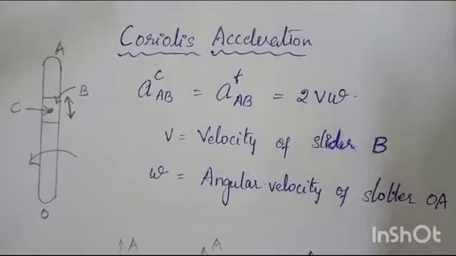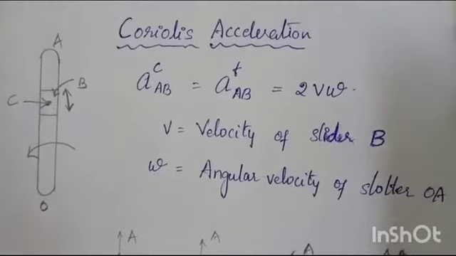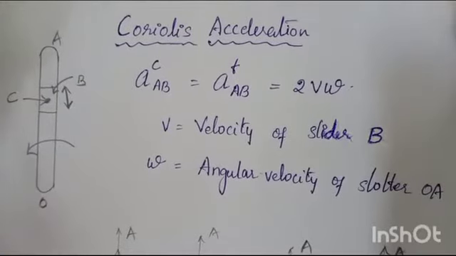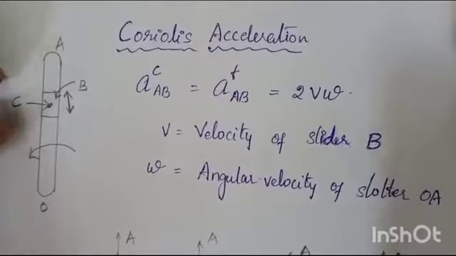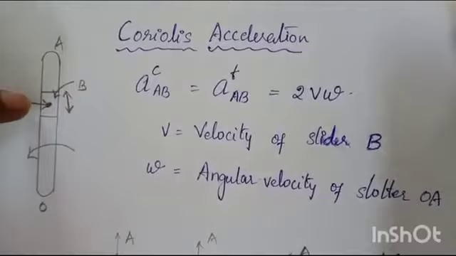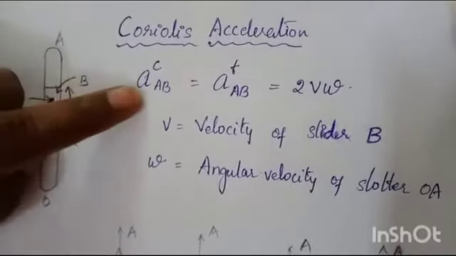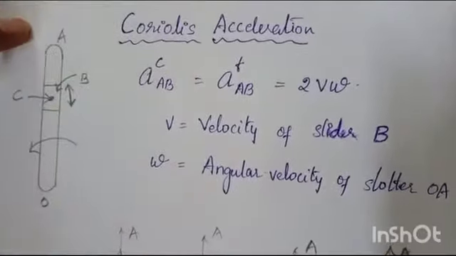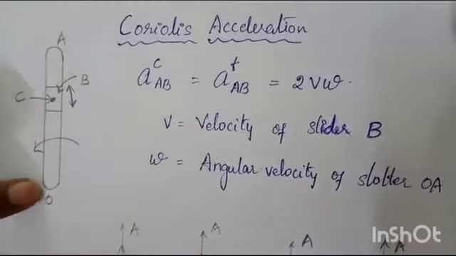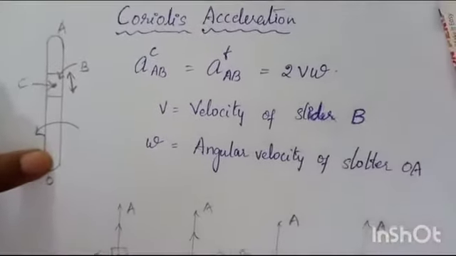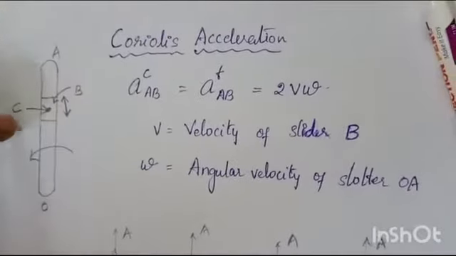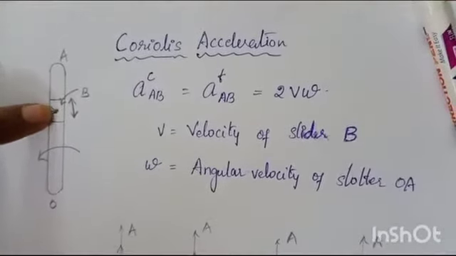In this condition you cannot define your velocity direction as well as acceleration direction. So for that you have a formula, and you have different cases. Based on the case you have to find the direction of your Coriolis component, and instead of tangential acceleration you have Coriolis acceleration. The tangential acceleration is replaced here, and the rotation of the slotted lever as well as the up and down movement of the slider defines the Coriolis component at a point.